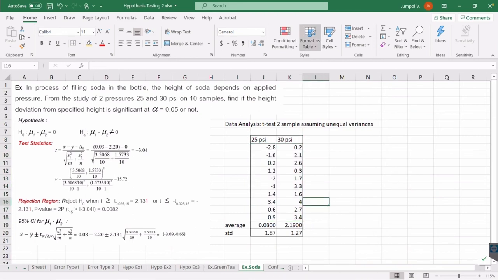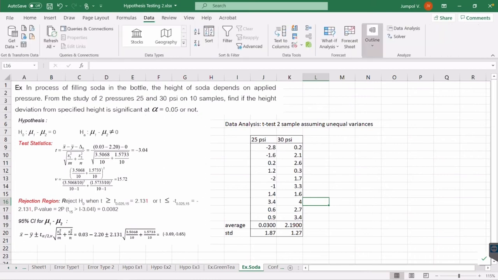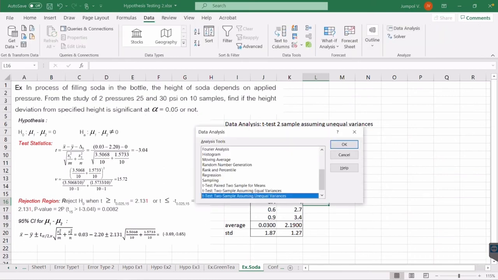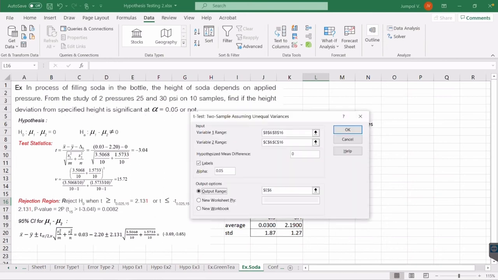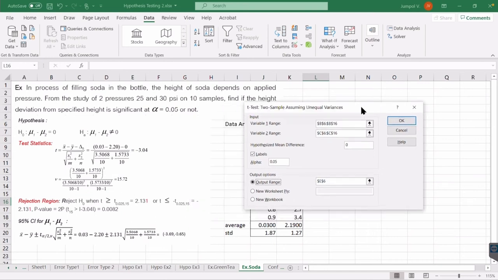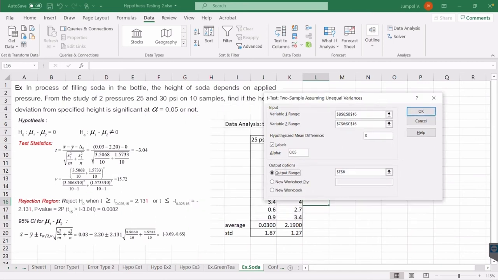Okay, and we use Data Analysis, t-test two-sample assuming unequal variance, because the variances are unknown, so we assume that they are unequal, and then just select